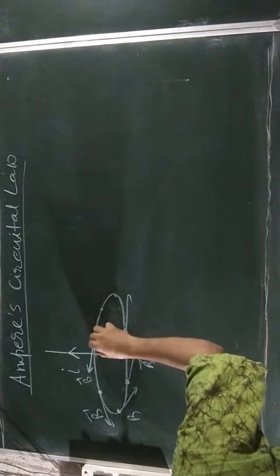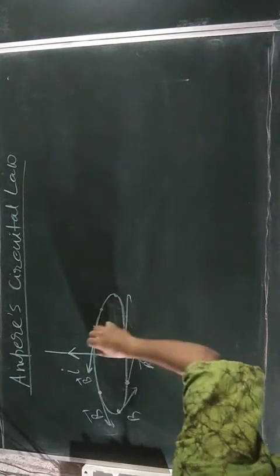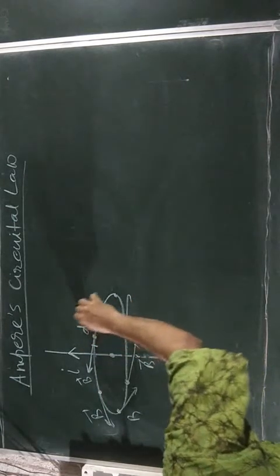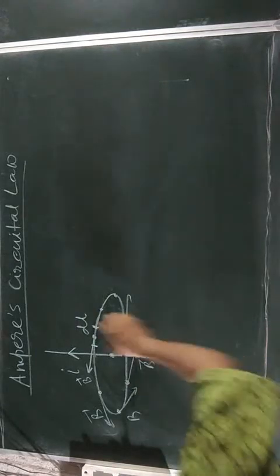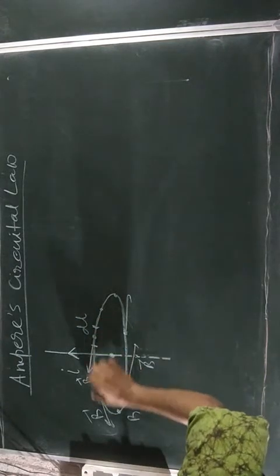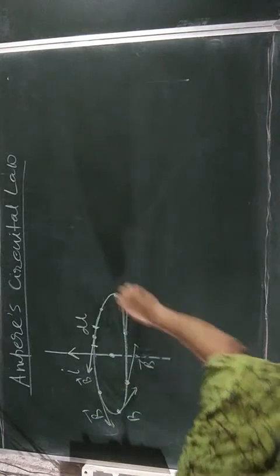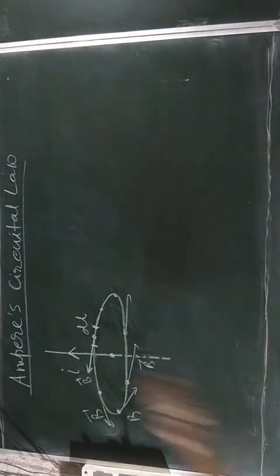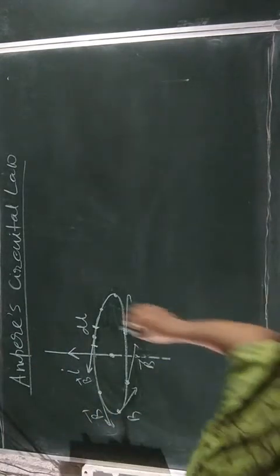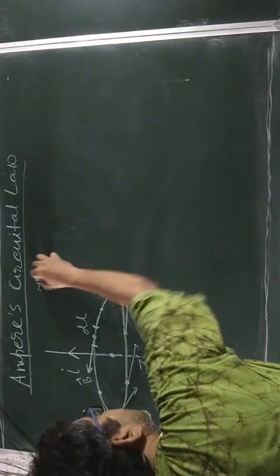And this small section of this path, suppose this is dl. If you join all these dl's, you will get the total path. So according to Ampere, the statement is the